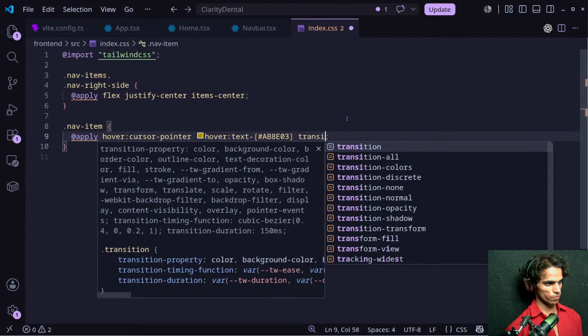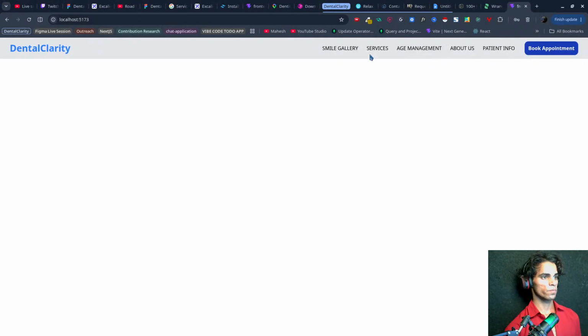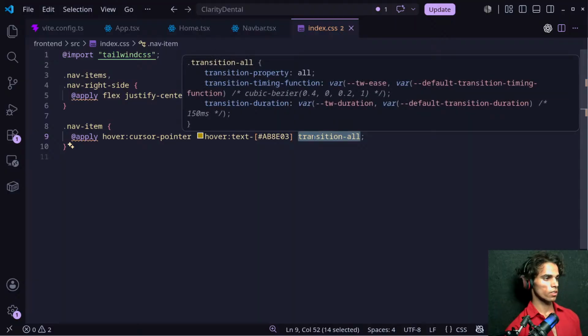Okay, transition all, maybe transition property all, transition timing function, transition duration 150 milliseconds.